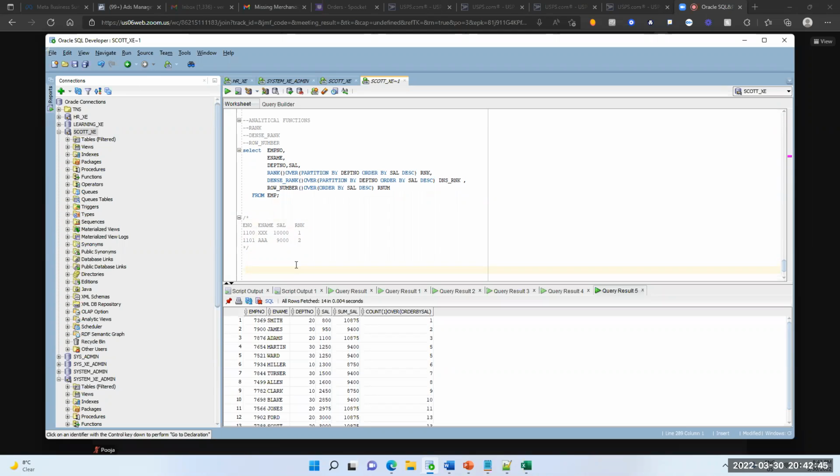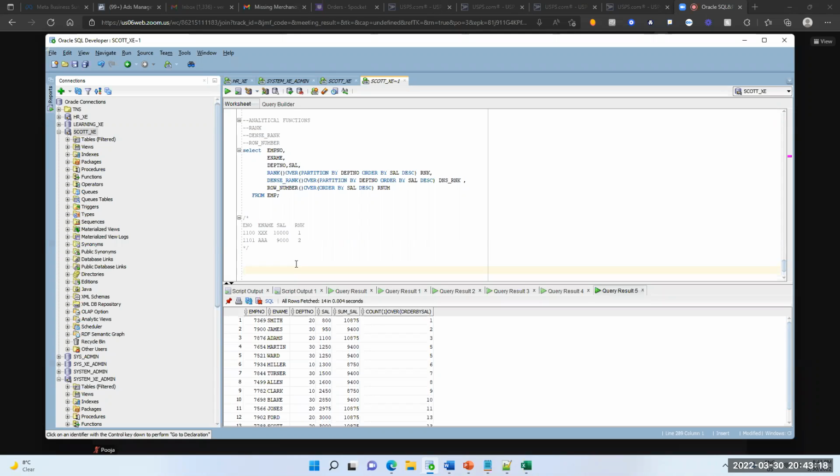Okay, for example, if you want to get data only from the employee table, directly you can write select star from employee, or select column names from employee. We'll write it like this actually. But here you want data from multiple tables. For example, you want the employee record: employee number, employee name, salary, and department name.